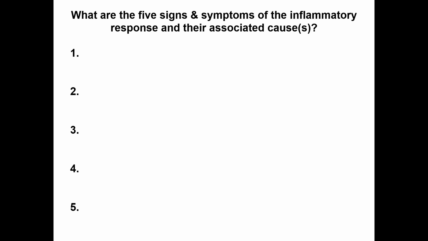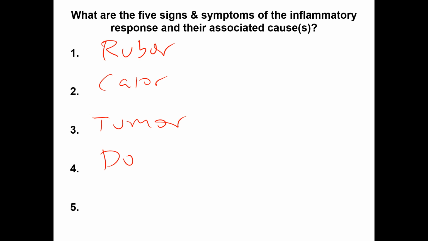So you have rubor, you have calor, you have tumor, you have dolor, and then you have loss of function. The rubor is referring to